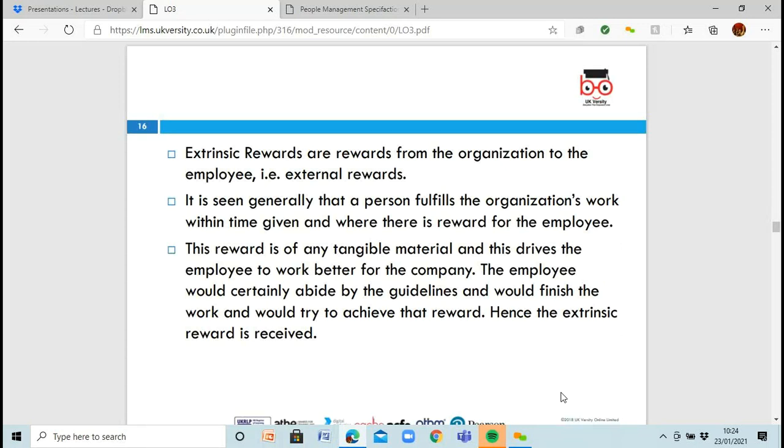So extrinsic, remember outer, so extrinsic rewards are rewards from the organization to the employee, so external rewards. This is generally when a person completes the organization's work within a time scale and they're given a reward or an incentive for that. This reward is normally tangible, and it drives the employee to work better. So the employee would certainly abide by the guidelines and would finish the work and would try to achieve that